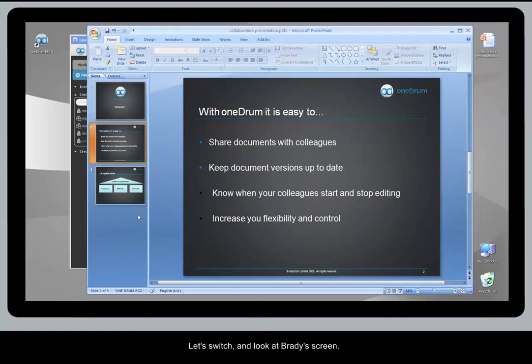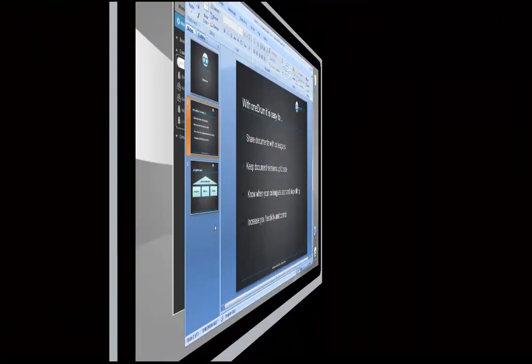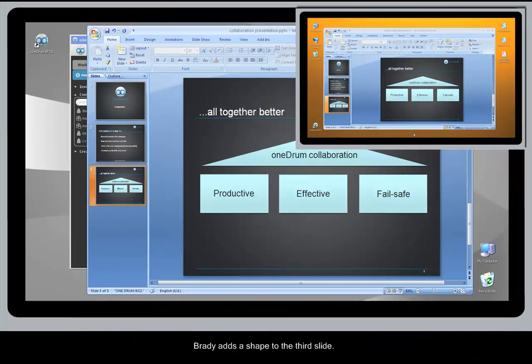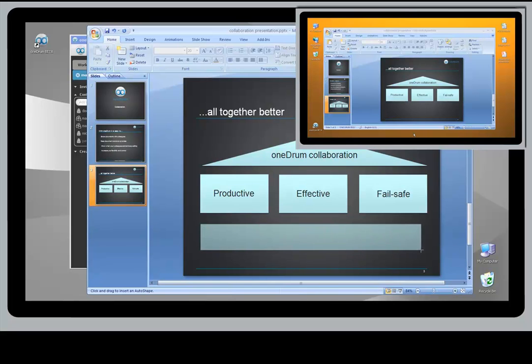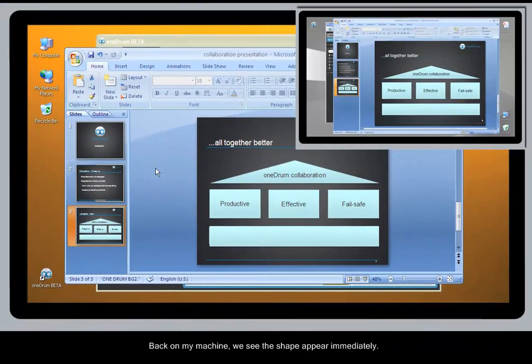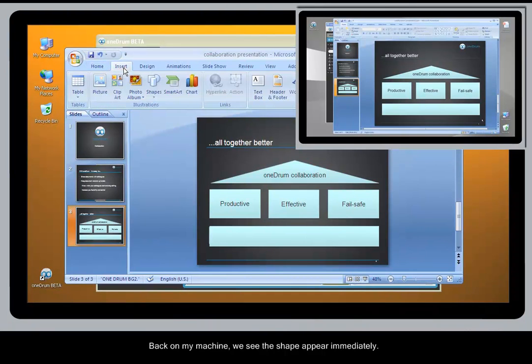Let's switch and look at Brady's screen. Brady adds a shape to the third slide. Back on my machine, we see the shape appear immediately. I add text to the shape,